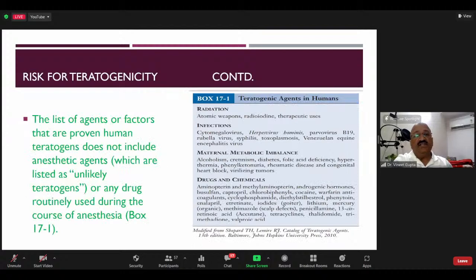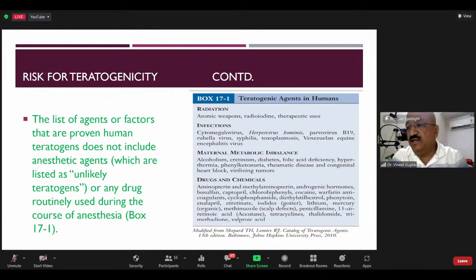The list of agents or factors that are proven human teratogens does not include anesthetic agents. So are you happy now? They are listed as unlikely teratogens, as is any drug routinely used during the course of anesthesia. So this is the point I was